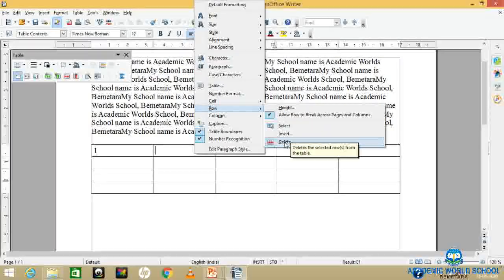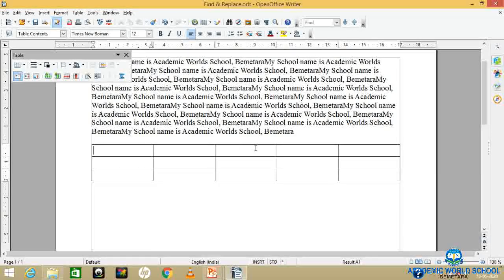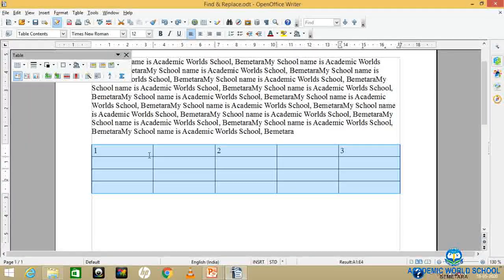So likewise you can insert row and column. In the same manner you can delete it also. Suppose I want to delete a row. See, it has been deleted.